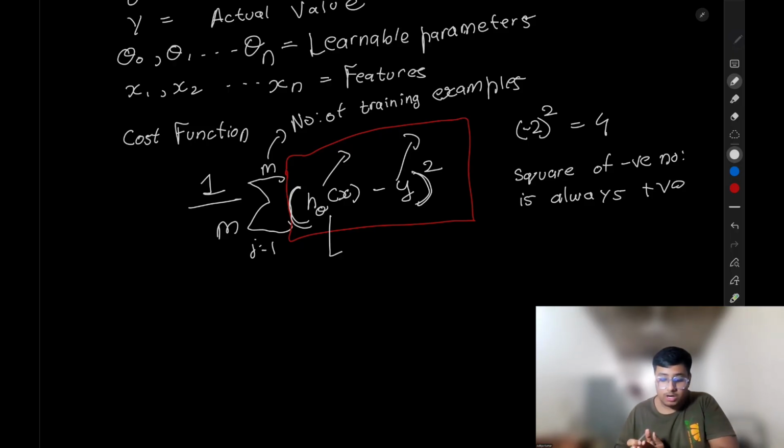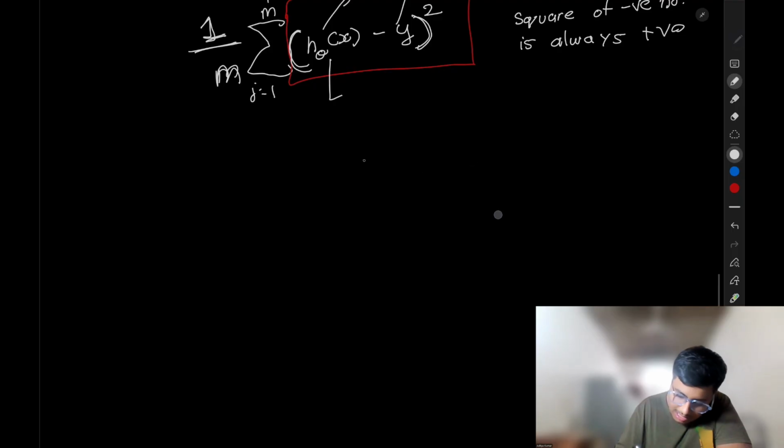The 1 upon m is there to take the average of this cost function. We have to multiply it by 1 upon m. If someone doesn't know what an average is, let me tell you. The formula of